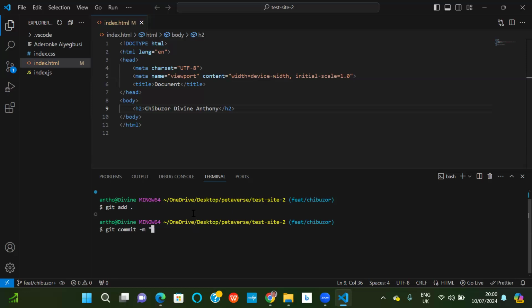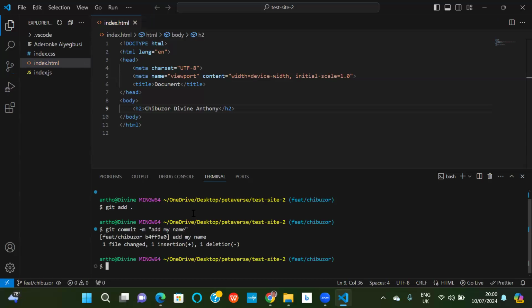Okay, so type your commit message. Add your message. Yes, add my name. So ADD my name. Close the quote. Yes, hit enter.